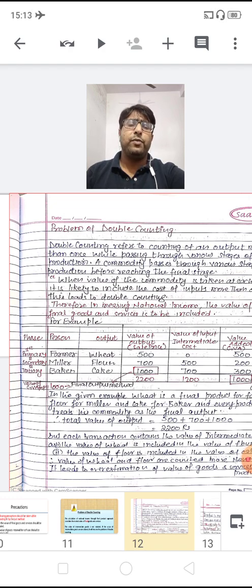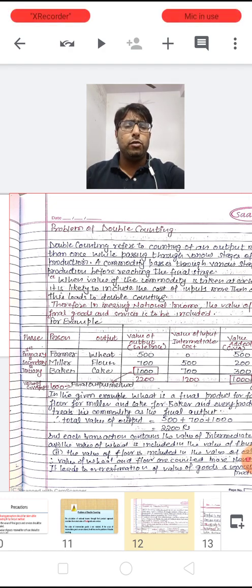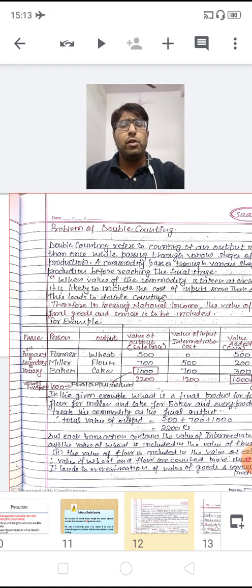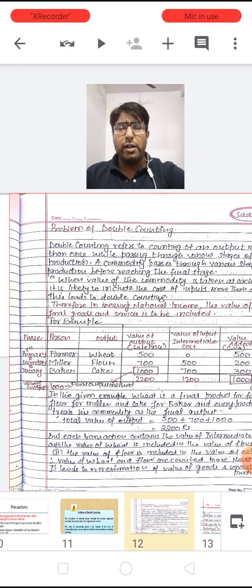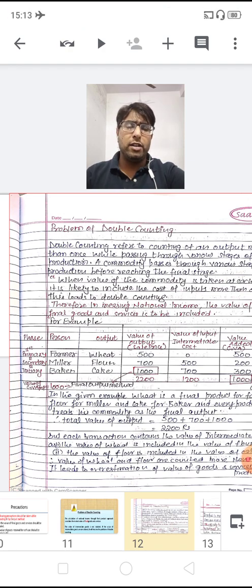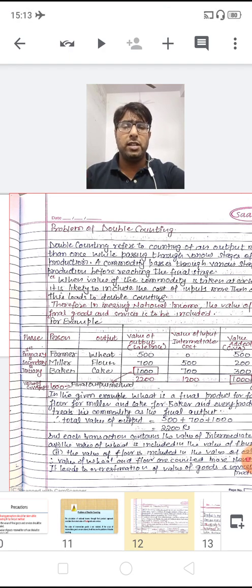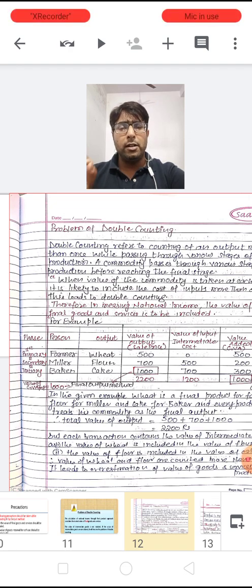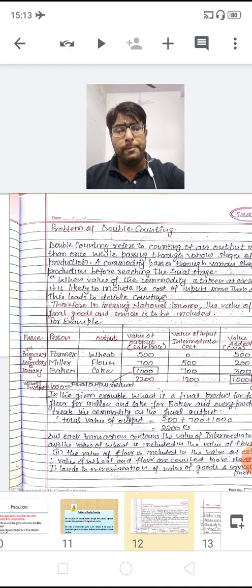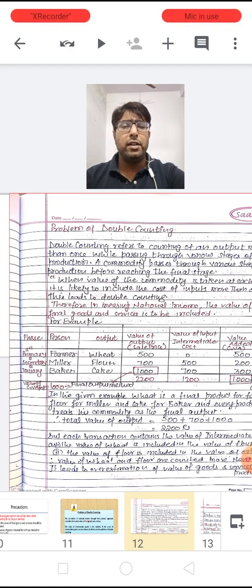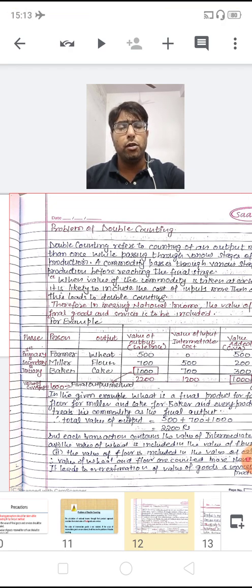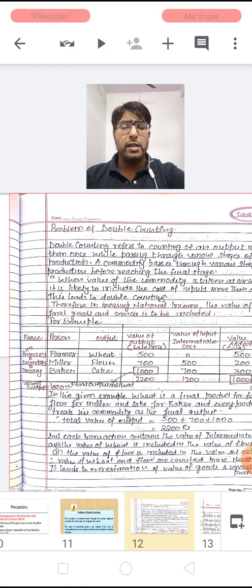He worked in converting wheat into flour, and once he converts the wheat into flour, he gets the value added of 200 rupees. That 200 rupees is the worth which is being paid to the miller, or it is the efficiency, the compensation for the work done by the miller himself in the form of profit. Now the miller has purchased the wheat by paying 500 rupees and is converting the wheat into flour and selling it in the market for 700 rupees. Now the value added by the miller himself is 200 rupees.